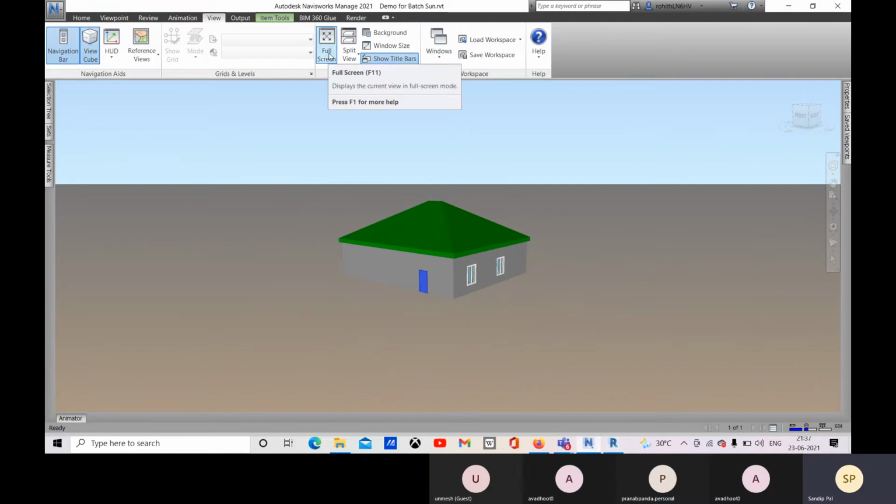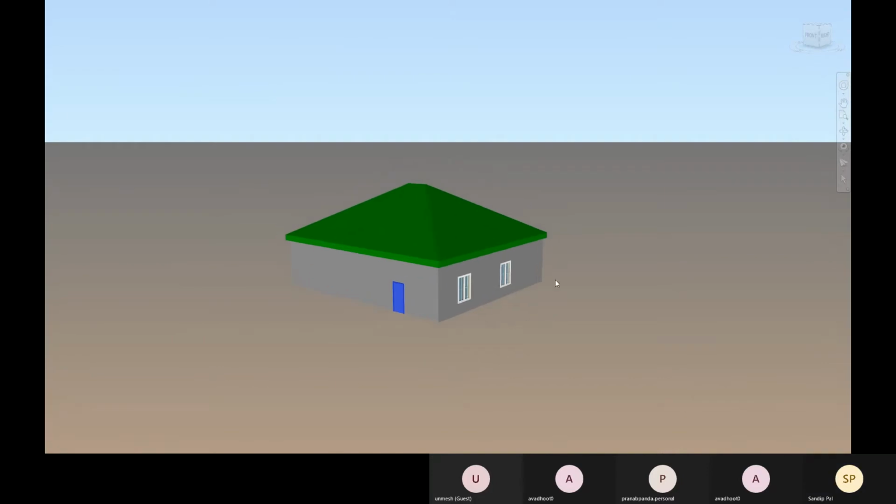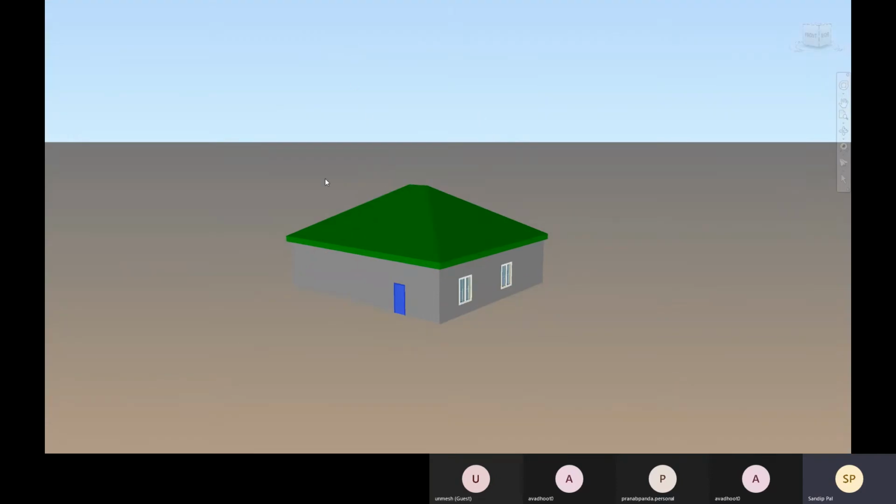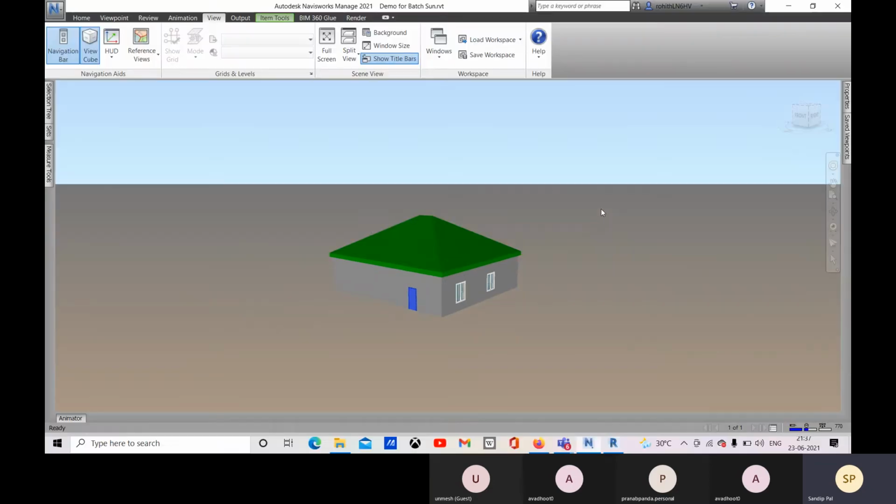And here also you have this full screen mode to display this model with a full screen. So you can choose this one, and then you can walk around, look around, fly, orbit, zoom, all these things you can do. And next, you want to get back to the normal condition. So just press F11, that is the shortcut. If you click on this full screen, you will not get any tool after that to get back to the normal condition. That is the only option, shortcut F11. Okay.